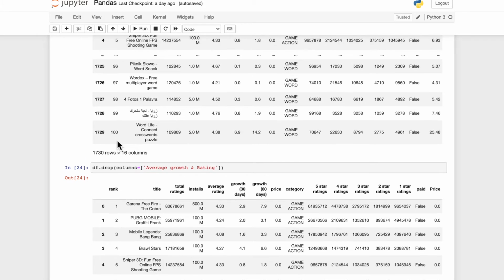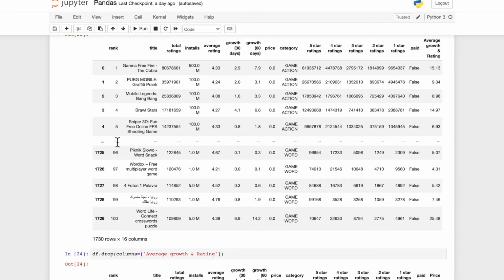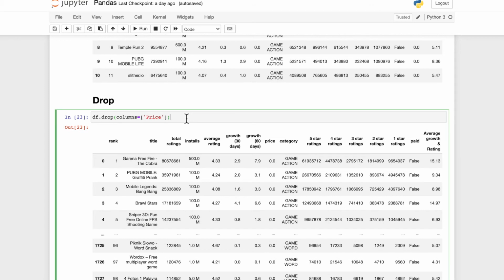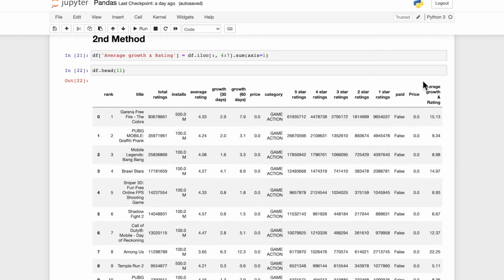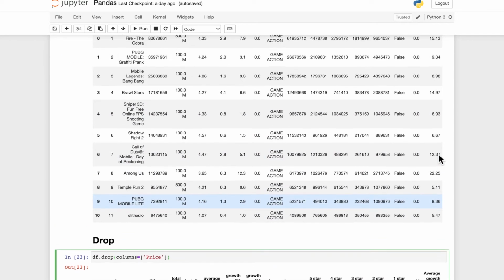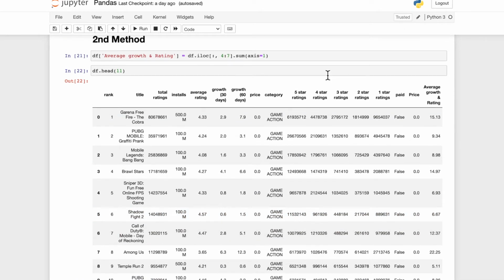Now, if it's your wish to consider this as an advantage or a disadvantage. Here I just run this average growth, and now here I just specified average growth and rating should be added here. So in this part I